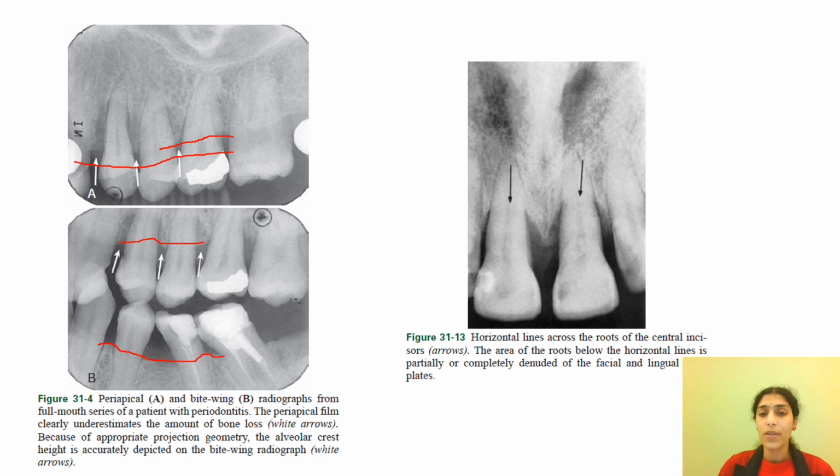surface. So we can clearly identify the interproximal bone and proximal bone loss, but the bone that is present on the buccal side and the lingual side is usually overlapped by the root, right? So that's why we cannot clearly distinguish it. But you can see in this picture, these horizontal lines, if you closely observe, this is the horizontal line that indicates the level of the bone on the buccal surface.